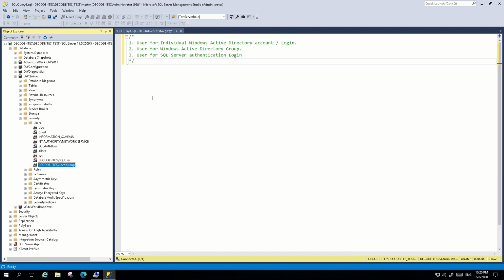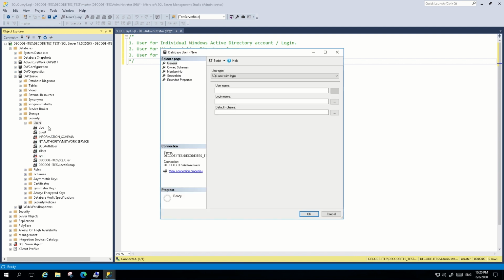Next one is user for SQL authentication login. This one is creation of database user for SQL authentication user. SQL authentication logins are for which password and user IDs are managed by SQL Server under master database. So same, right click on user, new users, same window will appear, and by default the option selected is the correct one for this demo, user with login.